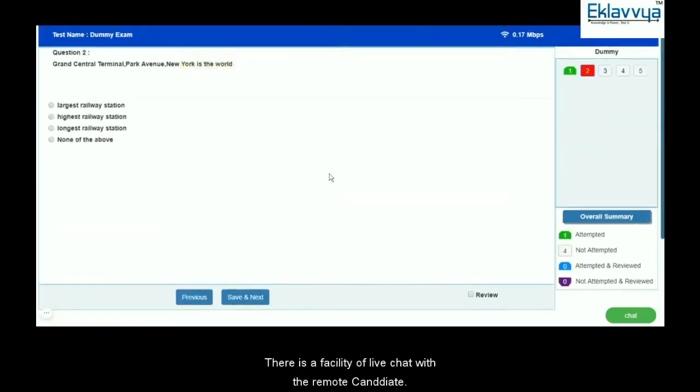There is even a facility of live chat where the remote proctor can initiate a live chat with the remote candidate, and the candidate can easily respond during the exam. The remote proctor can also pause the online exam.